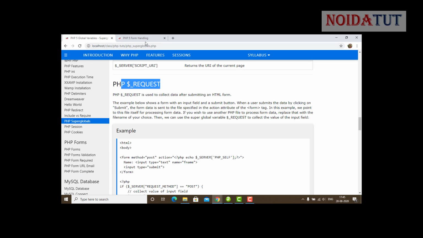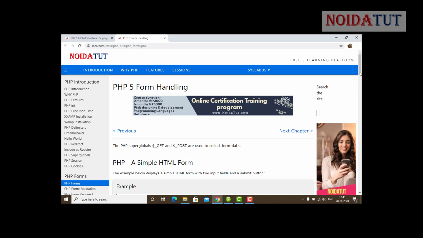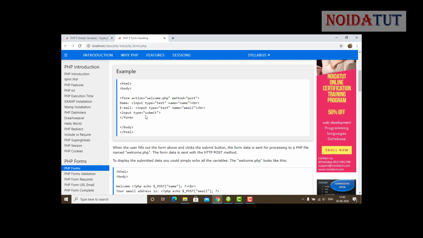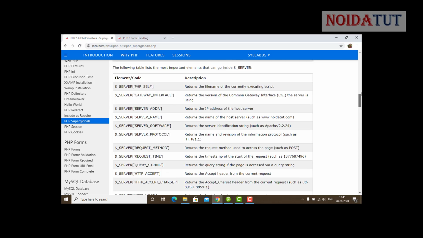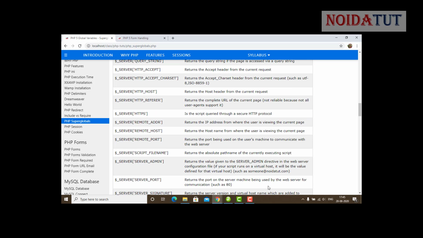First, we need to have a complete idea about what forms are, because many of the things I have used here, the term forms, were very important for everybody to know. Anyway, first we have learned about these superglobal variables, which we are going to deal with again in further detail.